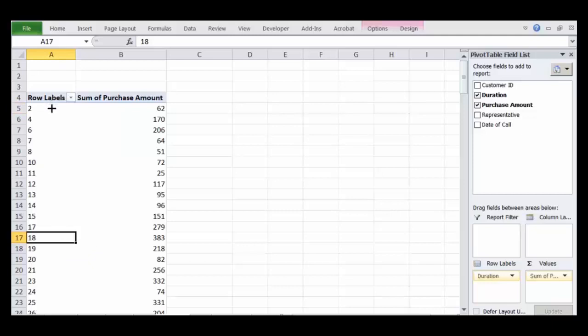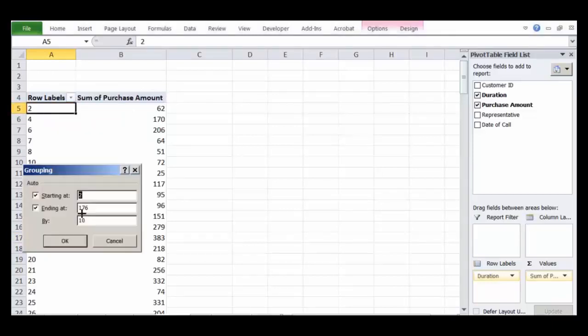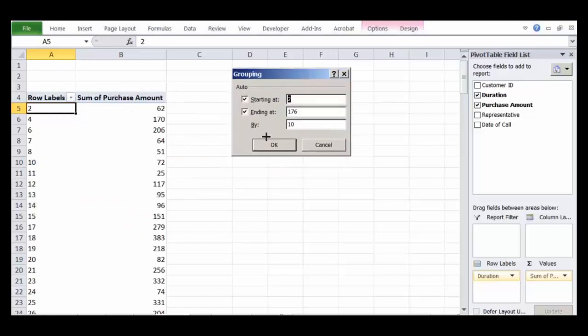So what we can do is we can group this duration also. We will right click here, we'll say group. Now with this group, you can make a decision as to how you want to group. Let's say I want to group with numbers starting from 1, because duration will not be 0. Let's say I say 60 seconds.